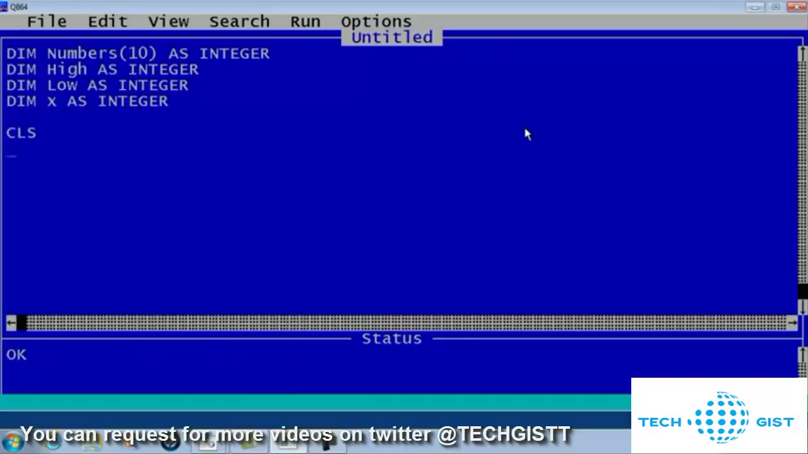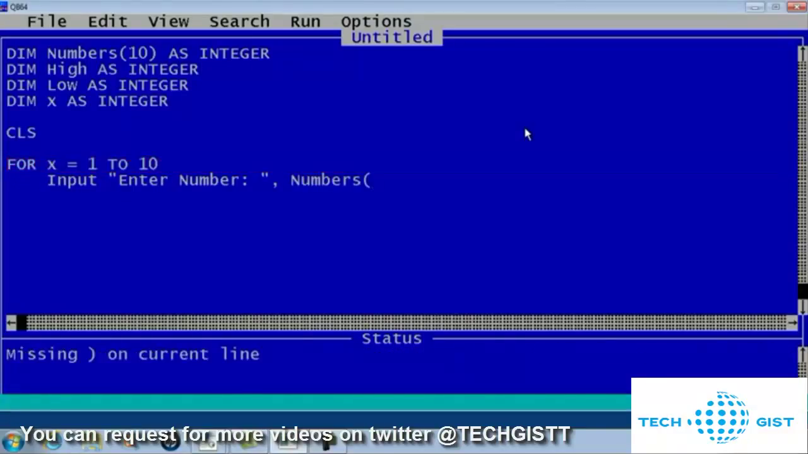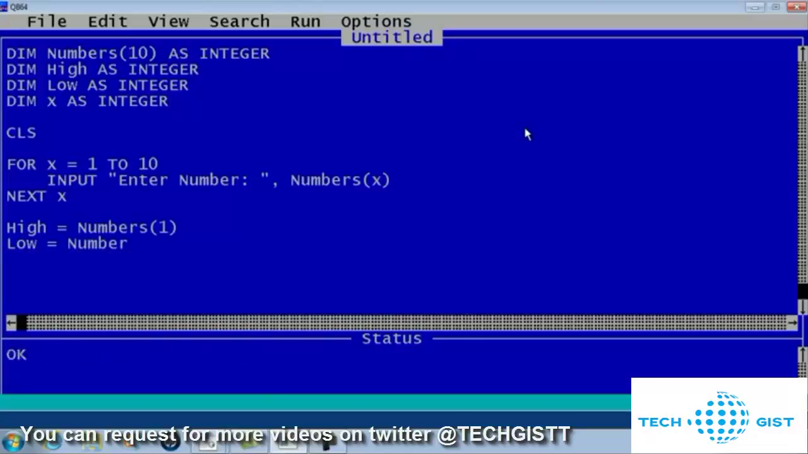I'll clear the screen and prompt the user to enter in 10 numbers into the numbers array by using a for loop. For x equals 1 to 10, input, enter number, and we'll have the input go directly into the array. So numbers x. Next x. I'll set high to equal the first element within numbers, and also low is initialized to numbers 1, and I'll start